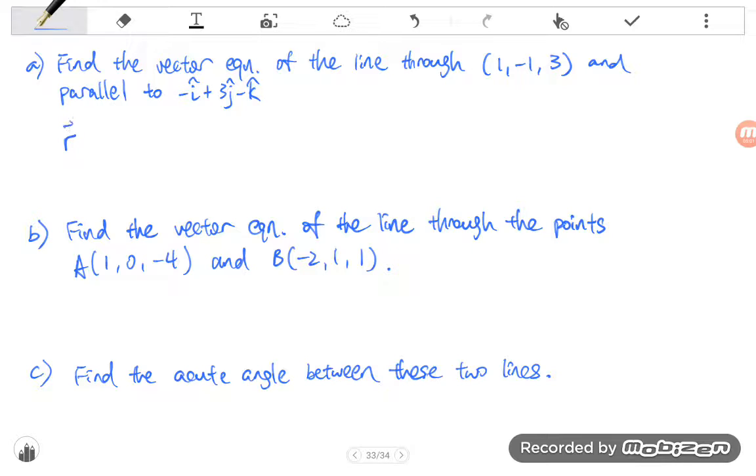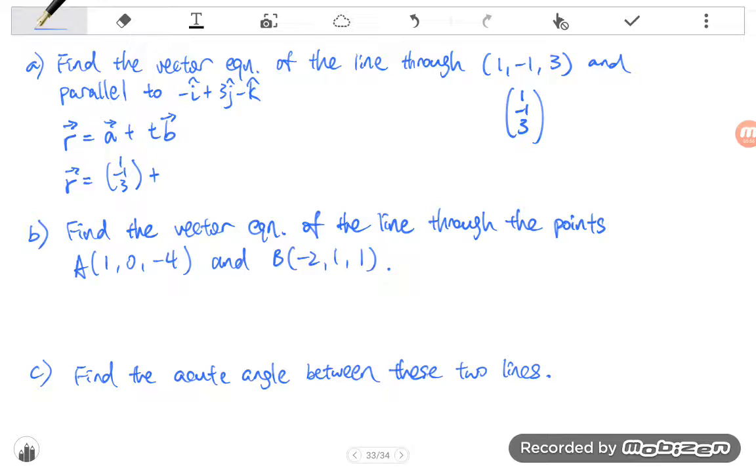So let me write down the general form. r is equal to vector A plus t vector B. My vector A is a position vector of a point, and that point is on the line. So this is where I get my position vector. The position vector of this point would be (1, -1, 3). If you're not sure what a position vector is, please review your previous homework and the notes you took from previous classes. A position vector is simply the vector from the origin to the point. So my vector r is equal to (1, -1, 3)